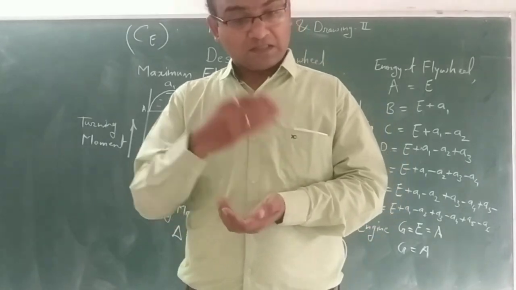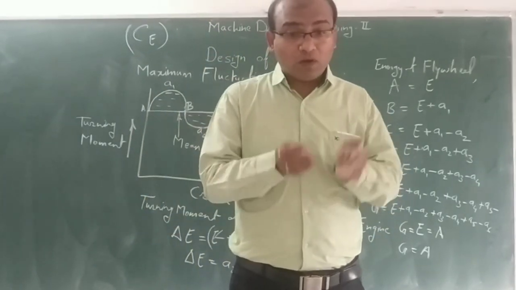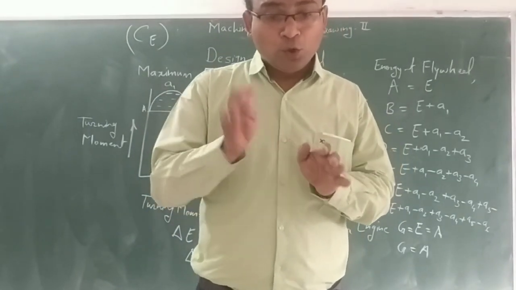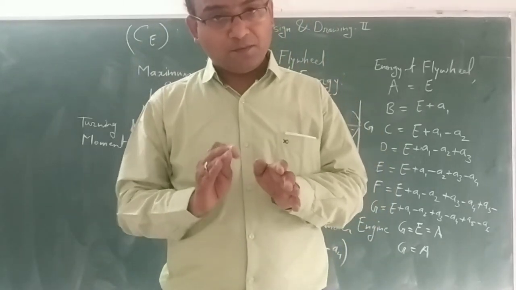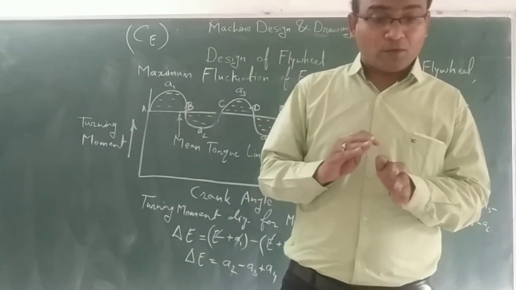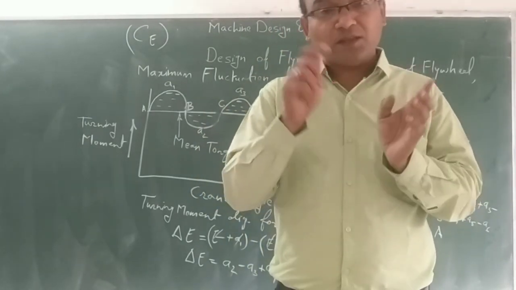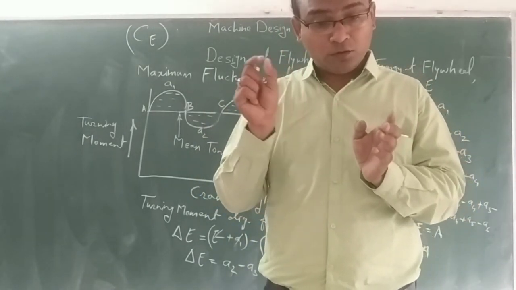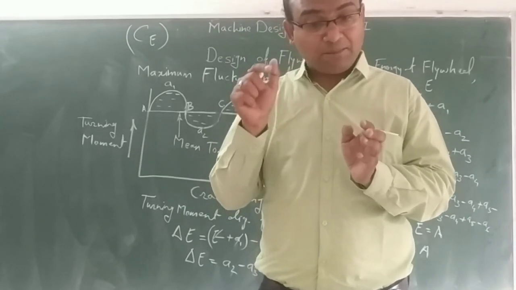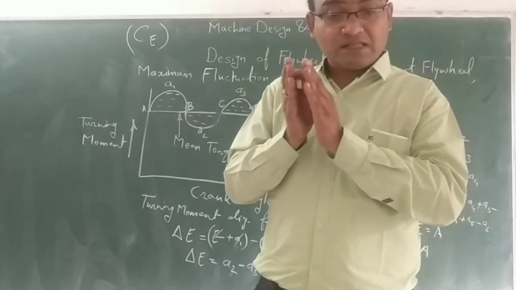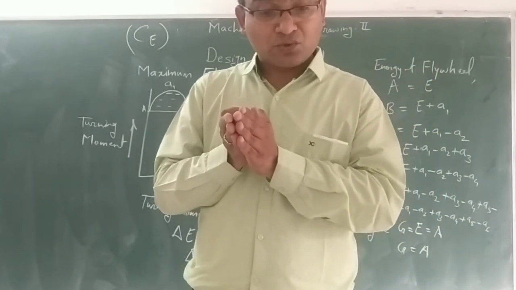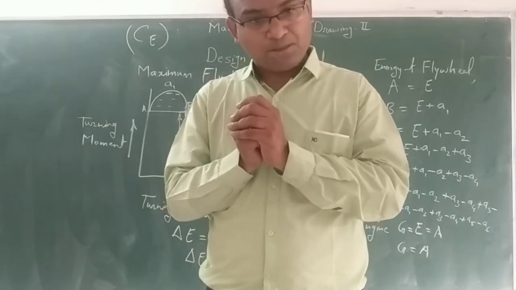Okay, then second one is the work done per cycle equal to P into 60 upon n, where small n is the number of working strokes per minute, and capital N in case of steam engine and 2 stroke of IC engine. And at the time of